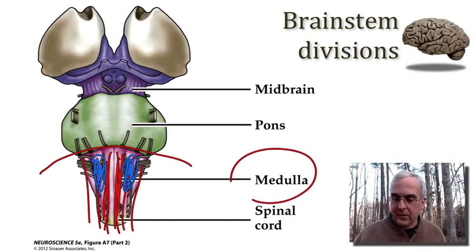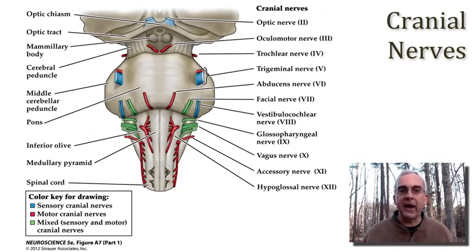All right, well, let's go ahead and look at a similar illustration of the ventral surface of the brainstem, now with all the nerves attached and labeled and color-coded as to whether it is a purely sensory nerve, a purely motor nerve, or a nerve that has both sensory axons and motor axons. So again, ignoring nerve 1, which is in the anterior portion of the cranial floor, we have the optic nerve,